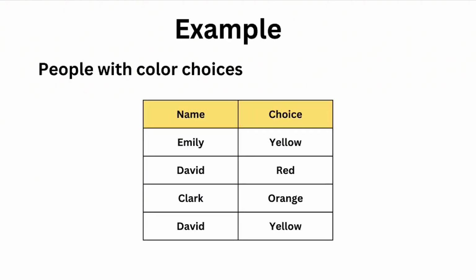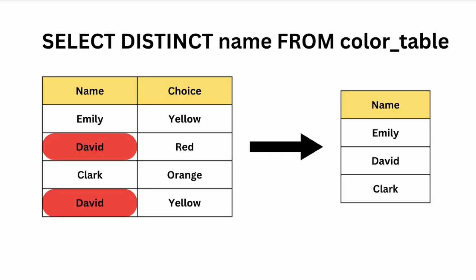Let's first think about what it actually means to call distinct on a column. Imagine a table of people who were surveyed to choose a color. So here we have the names of the person, just their first name, and then the color choice they made. Let's imagine we actually called select distinct from the name column from the color table. We'll notice that we have two instances of David inside this name column, which means when we actually select the distinct names from this table, it's going to return back the following,